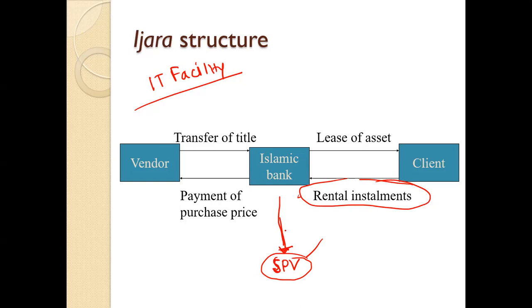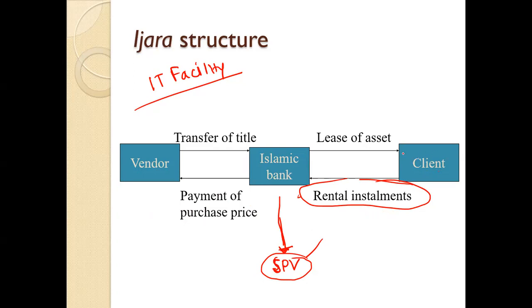So a special purpose vehicle can engage in purchasing the asset from the vendor and also collecting the rental from the leases, several leases. Okay. So now the question is,